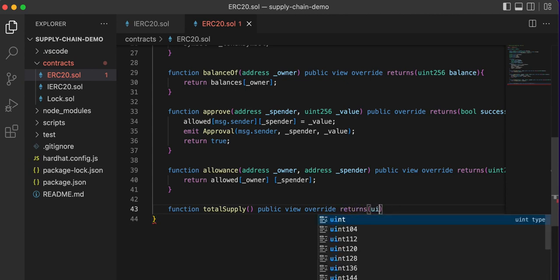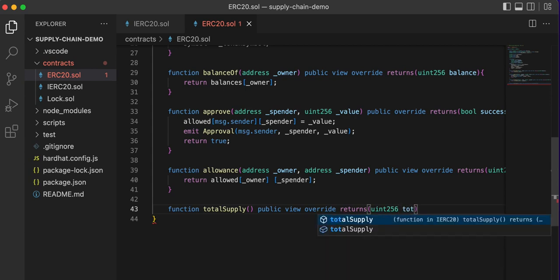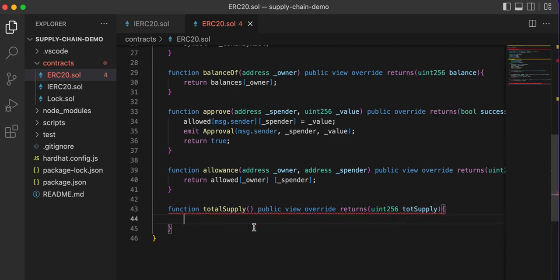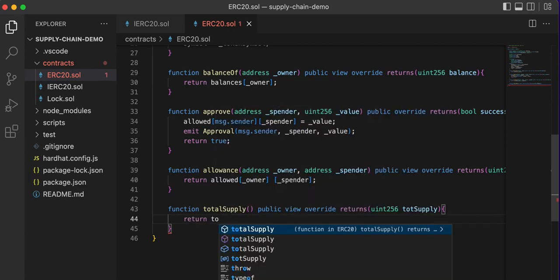And it returns a uint256 called totalSupply. So this function does one thing. It returns the total supply of tokens currently in circulation. So, let's make it to return